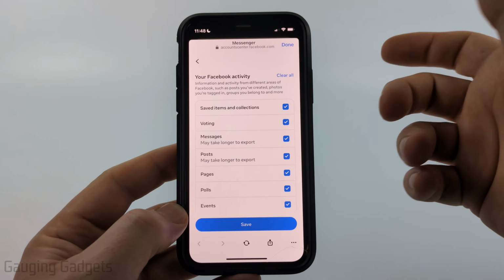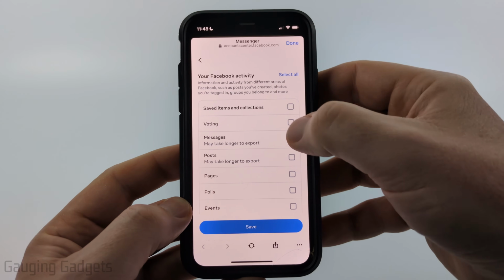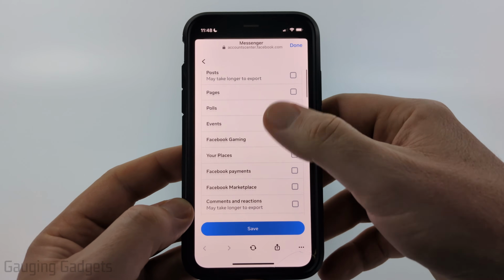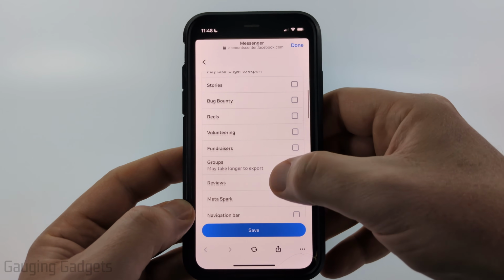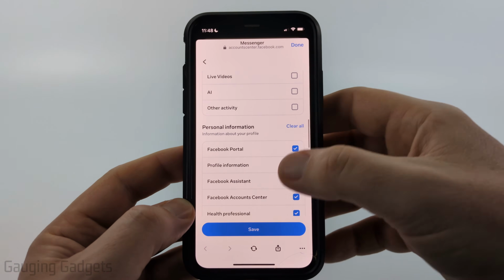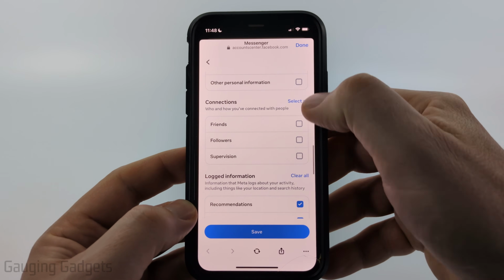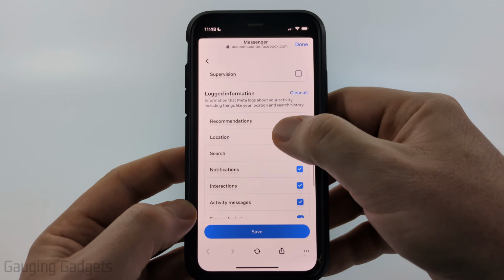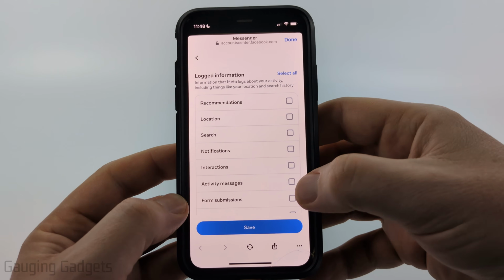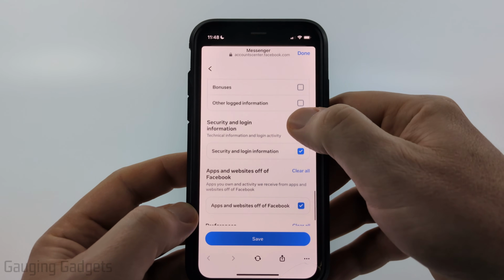Then in here, scroll down, and the first thing we want to select is Customize Information. The only thing we're really interested in is going to be messages, so I recommend selecting Clear All, and then selecting Messages. You can go through and receive any of this information that you want to, but it's really not going to include your messages. So I'm going to select Clear All for personal information, connections, logged information, and then activity messages, we can do that just in case, and in-app messages,